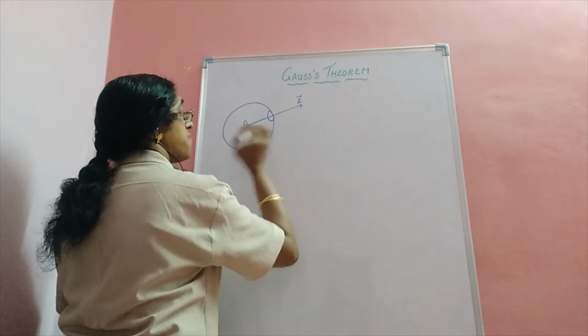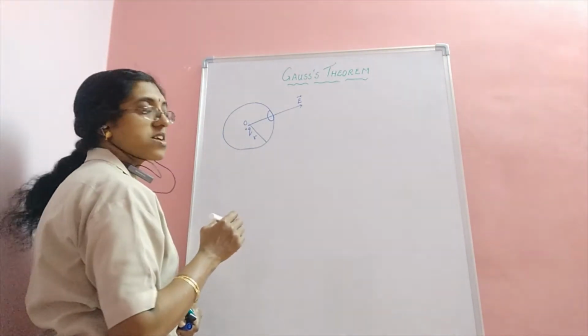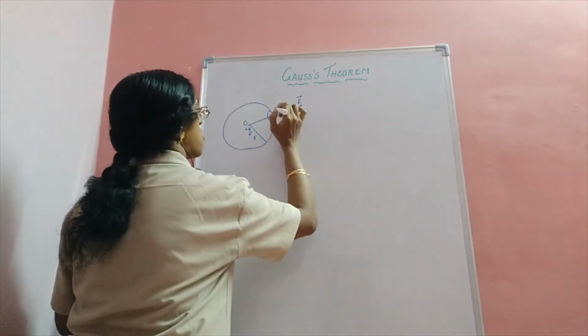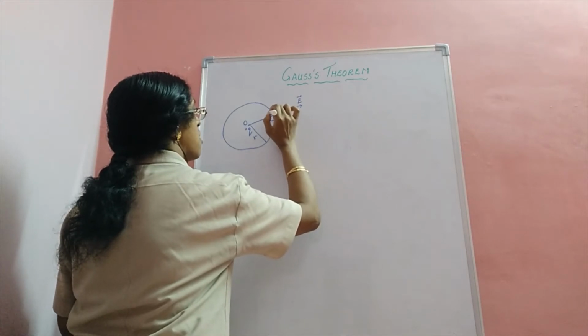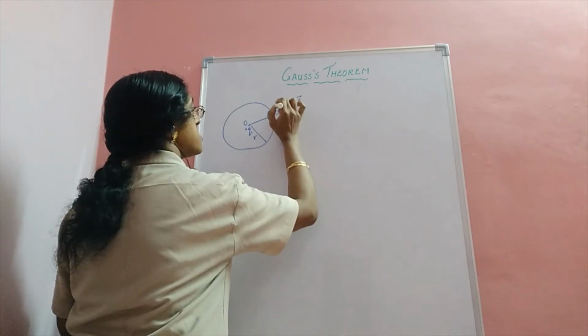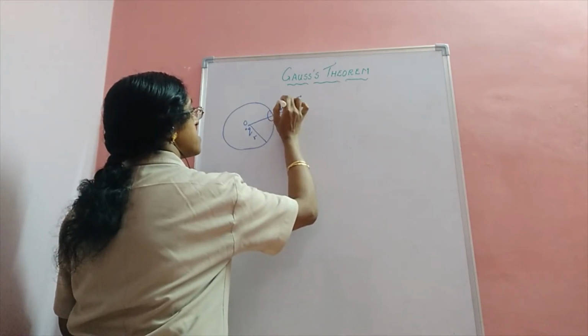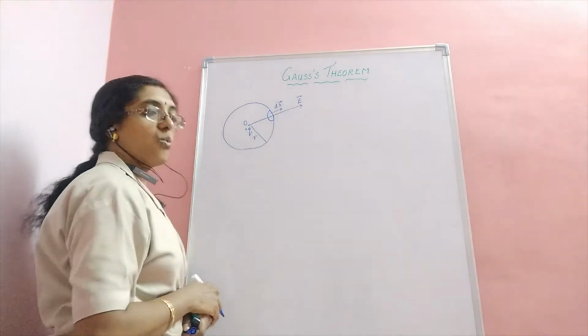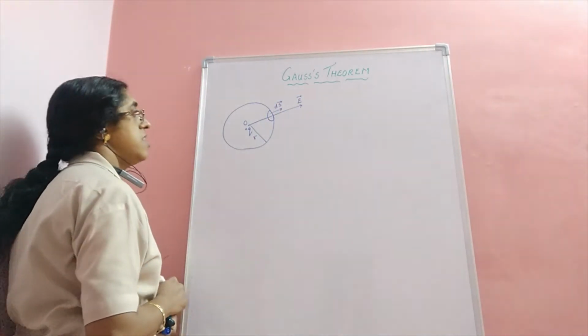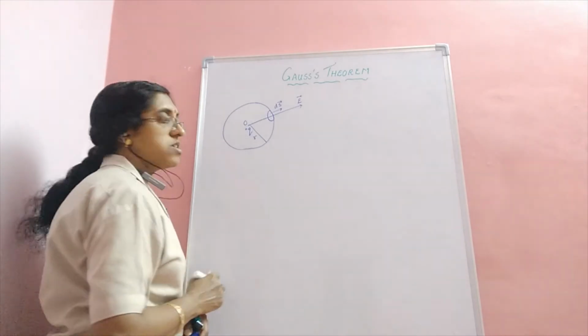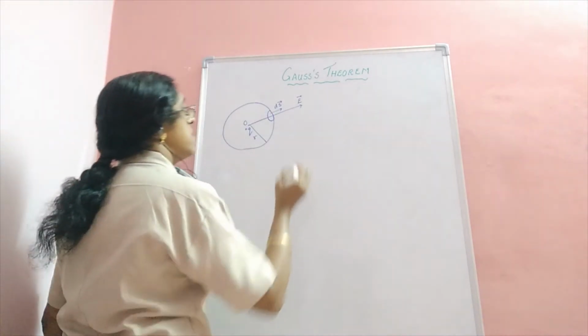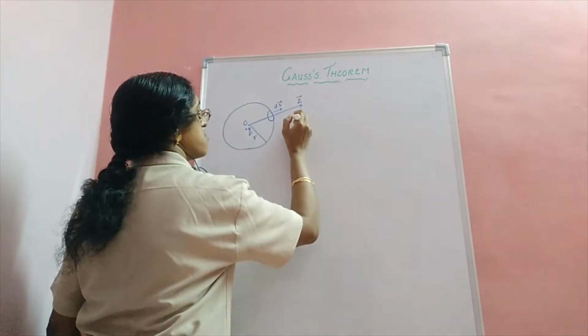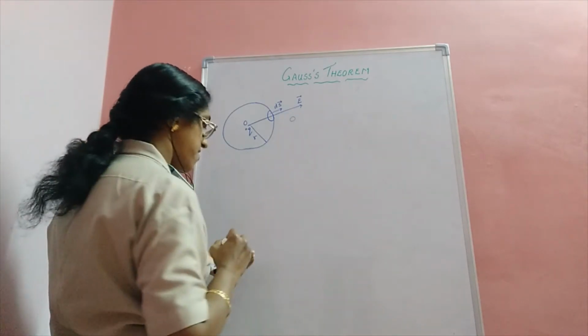Now, the normal to the surface would also be in this direction. That is, I am considering it as ds vector. Now, I'll start with the proof. For that, as we know, flux phi E